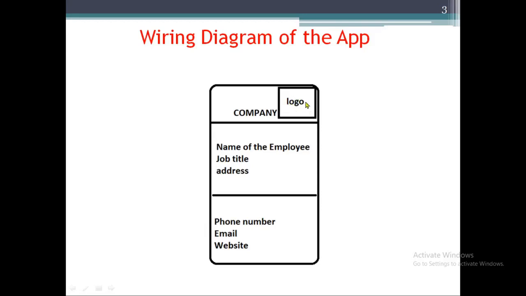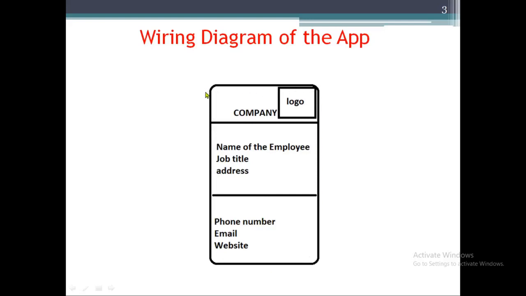See, the first logo, whatever I'm talking about now, it is an image view. I will take you to Android Studio and show you, but this is an image view. Okay, this company, name of the employee, job title, phone number, email address, all these become text views. This is an image view, this is a text view. Try to understand. Only two kinds of views are available in the first app that I am developing. There is one image view required, and 1, 2, 3 text views are required.